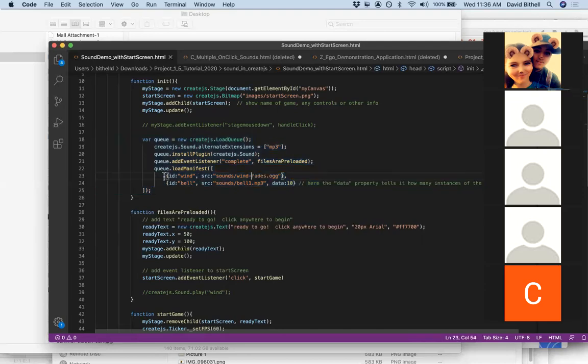You would add elements. Each is an object that has an ID and a source. The ID is just the name you want to call this sound later. The source is where to find that sound file relative to this file. So put it in a folder named sounds, and then look for a file called wind fades. And I have this funky type, which is a .ogg,